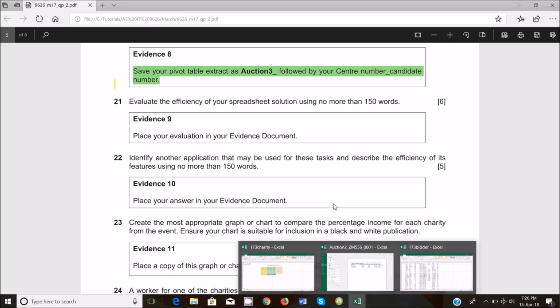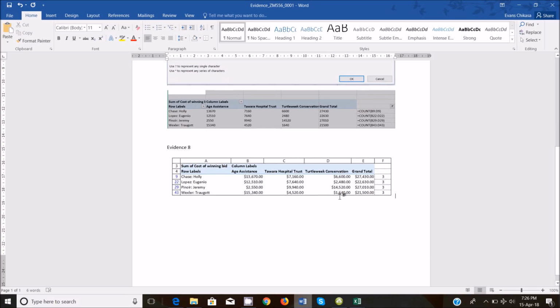Also, because we're using multiple tables for this one, let's just type it out. It will make more sense if we type it out. So this is evidence 9. Evidence 9, we can say the first part is that we used absolute referencing